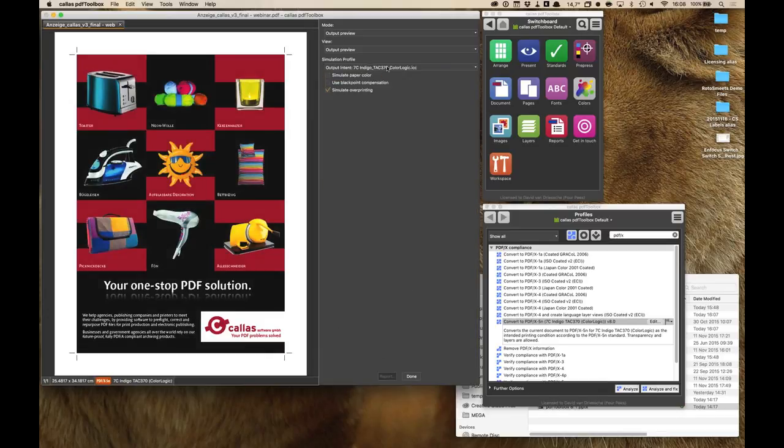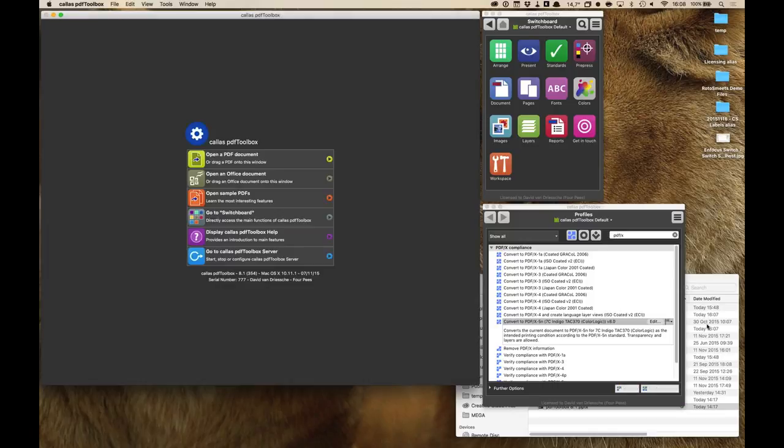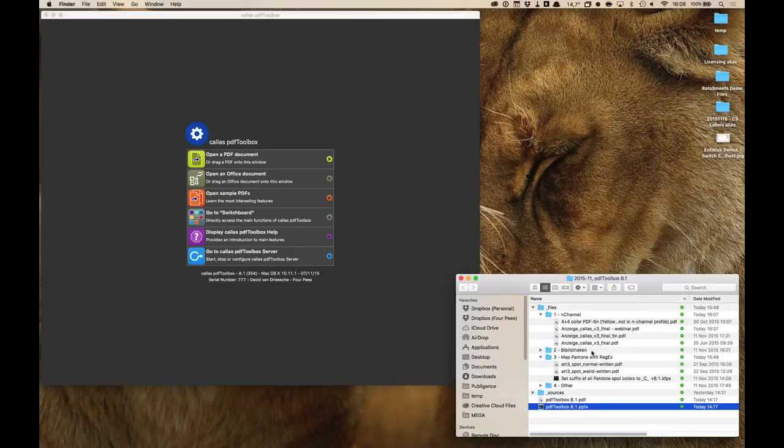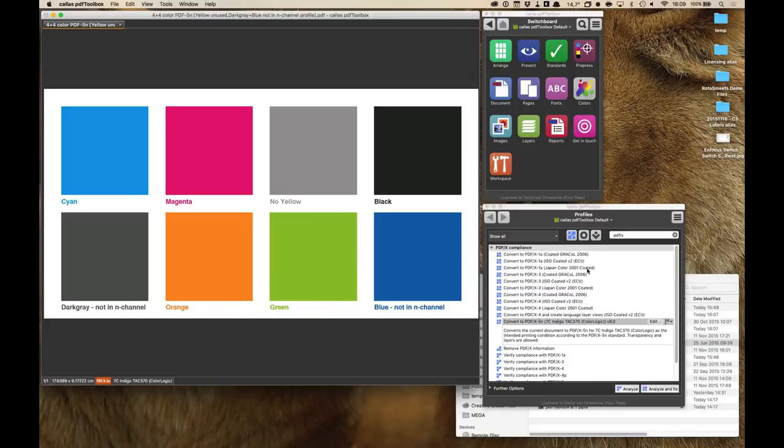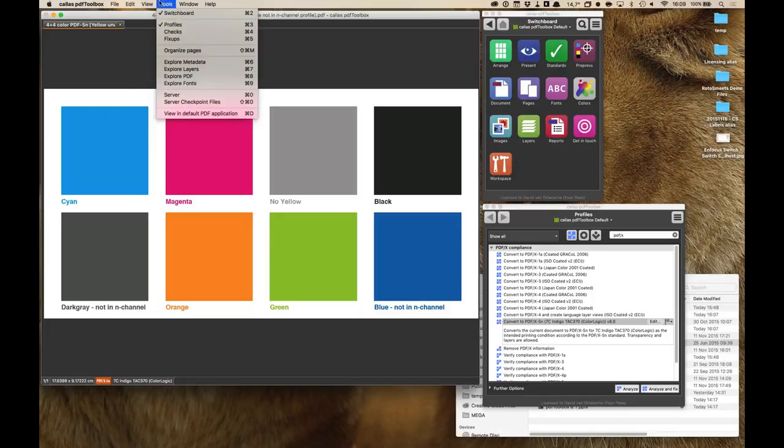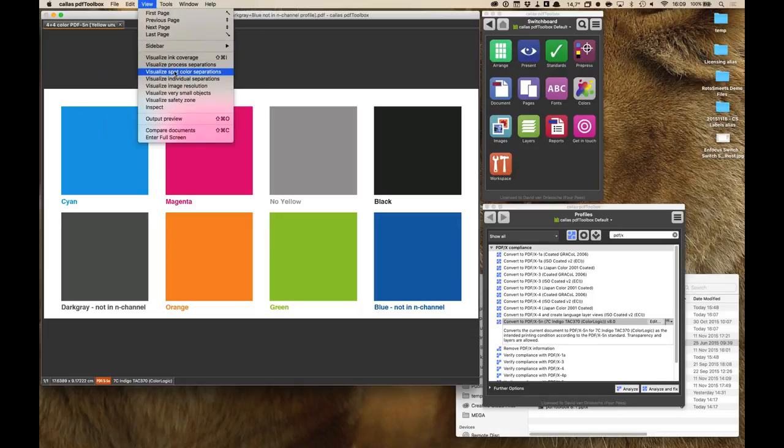But as opposed to pdfToolbox 8.0, in 8.1, that multi-channel profile that I have in here is actually used. Now, I have another file here that shows the split into multiple channels very nicely. I believe one of these should be the one I first opened. So same story. If I look at what I have in here, and I already saved this as a 5N